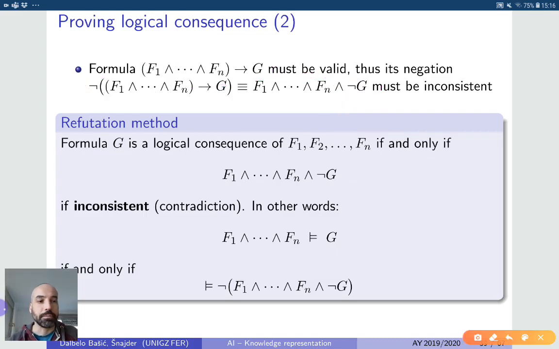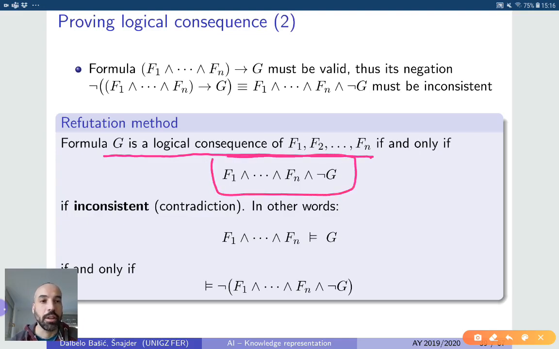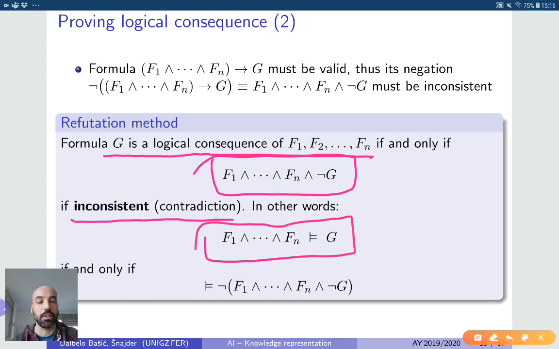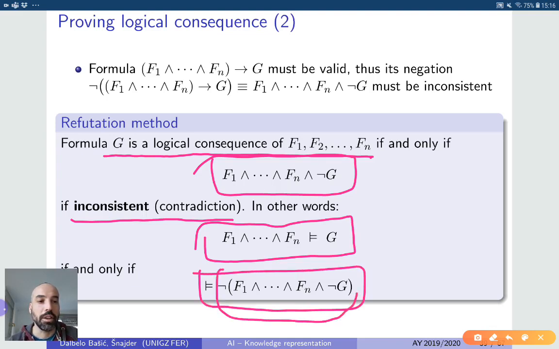Okay, so more formally, formula G is the logical consequence of the set of formulas from F1 through Fn if and only if this formula here is inconsistent, or a contradiction, or false for all interpretations. In other words, in order to prove that G is the semantic consequence of the set of formulas from F1 through Fn, we have to show that this holds, and this means that this formula here is valid, and its negation then, the inner one, has to be